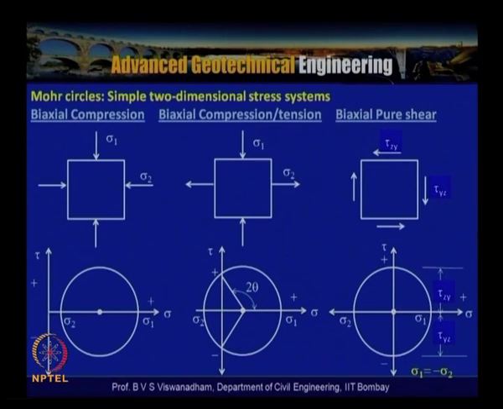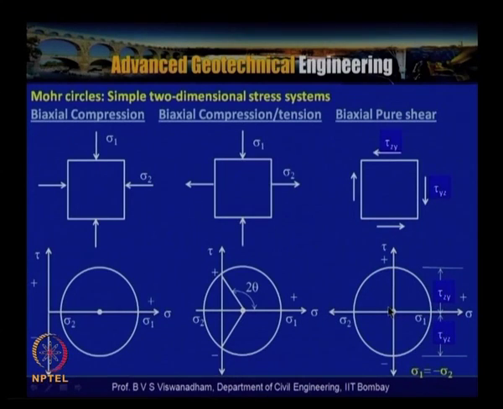So here, when you consider this one with sigma 1 and sigma 2, both are compressive stresses acting on an element, and two dimensional conditions have been selected, and the Mohr circle is represented towards the positive side. You can see that it is centered at this particular point. In this other case, we have a compressive stress and elongation for the element in the horizontal direction, that is tension in the horizontal direction, and here there are no normal stresses, only the element is subjected to biaxial pure shear, like as shown here. So in this case the Mohr circle is symmetrical about this tau sigma axis.